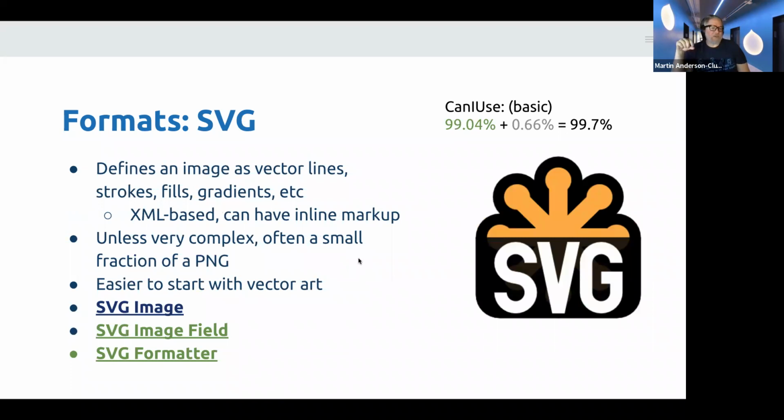Format-wise, the last format that we're really going to talk about here is SVG, so Scalable Vector Graphics. Essentially, it defines an image, instead of as rows of pixels, as vector lines. It's actually like an XML format, so you can actually read the content of the SVG. Some of these approaches can allow you to even inject that inline, so as opposed to having that as an external file that loads, actually have the XML content within your HTML